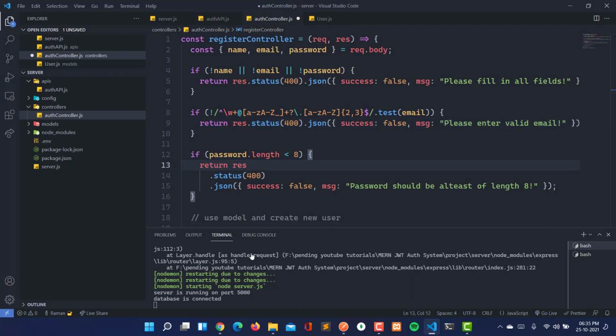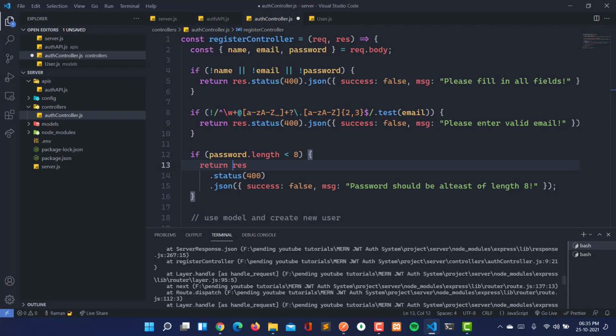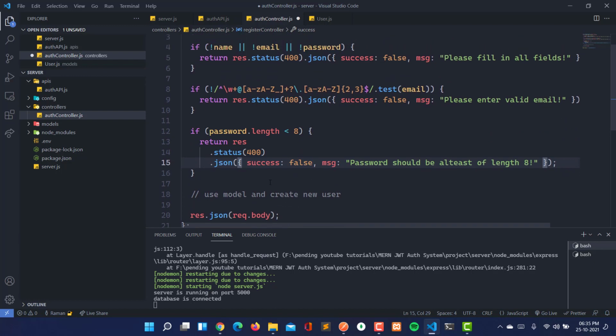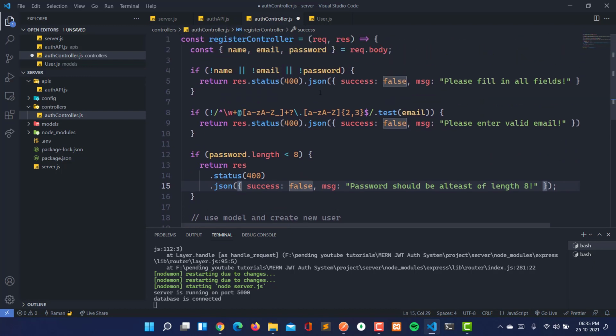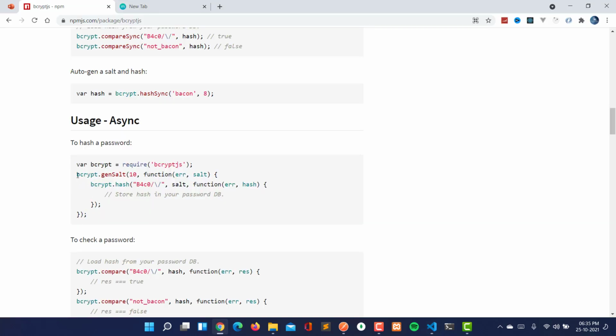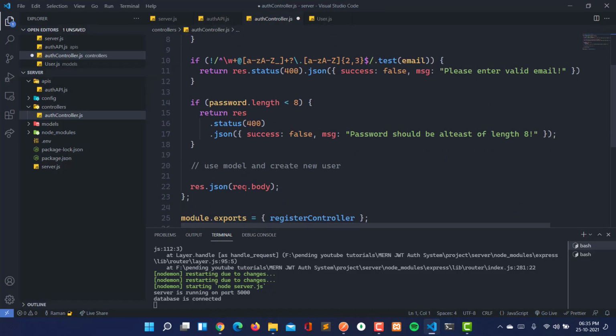The error that is coming is actually a warning, so this will be removed here. Now first of all we have to import the bcrypt. Let's import bcrypt is equal to require bcrypt.js. So we have imported the bcrypt successfully here. Now let's use this. I'm going to copy this and paste it here.